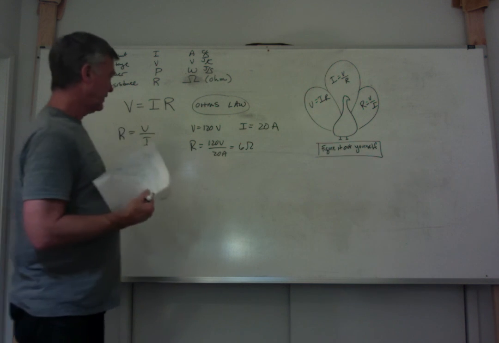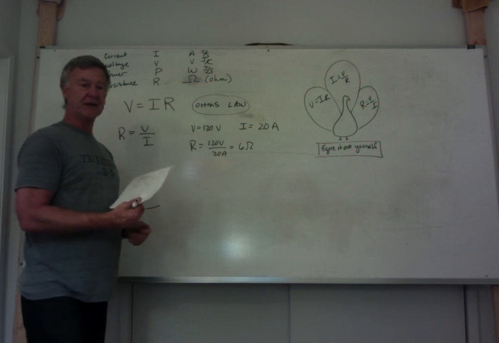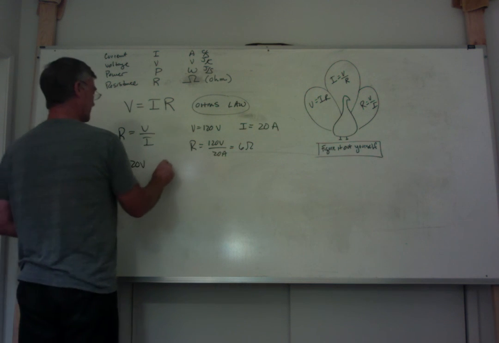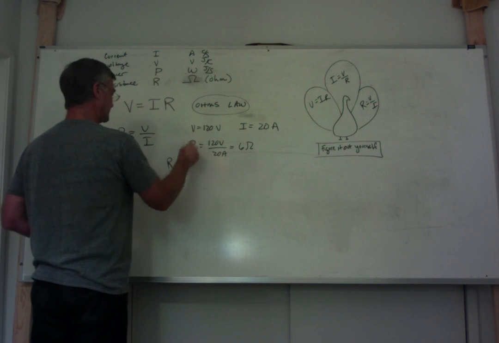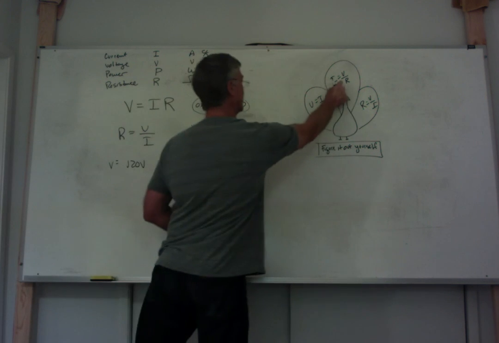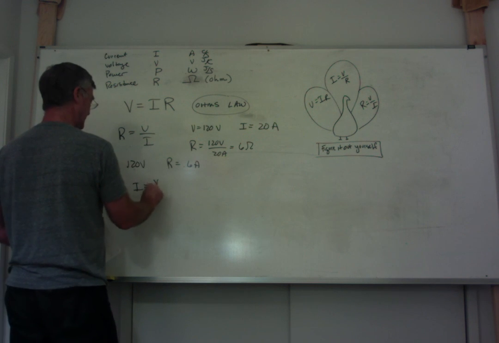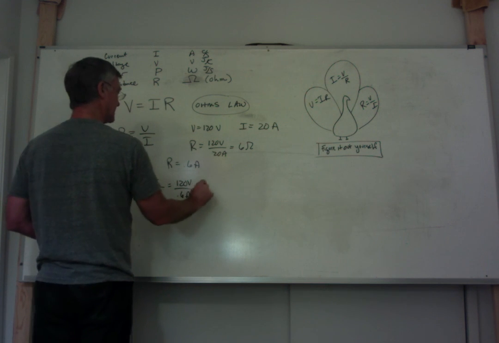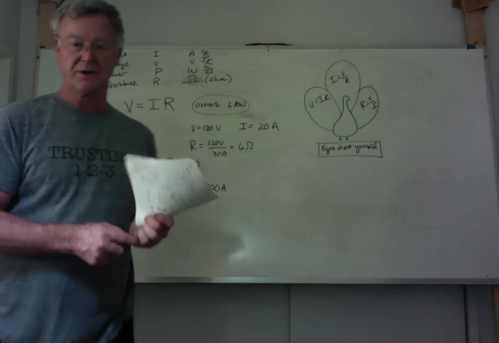You say, well, what would happen if the resistance dropped? Well, then you would have more current flowing. In fact, let's say that we had the same thing, but we had 120 volts, but for some reason, our resistance dropped from 6 ohms to 0.6 ohms. How much current would there be? Well, now we're using this equation. I is equal to V over R, and this would be 120 volts divided by 0.6 ohms, and this would be 200 amps. By the way, in your house, you have a